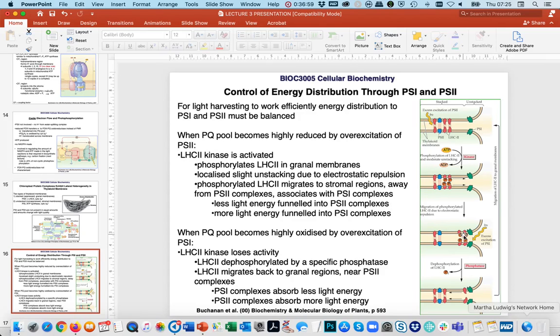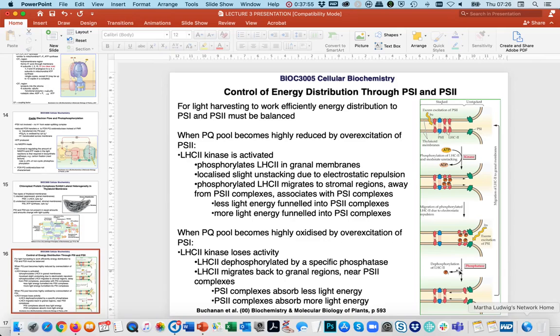Now, of course, there are times when the PQ pool becomes highly oxidized because photosystem I is becoming overexcited. So what happens then? Well, then the LHCII kinase loses activity and the LHCIIs become dephosphorylated by a specific phosphatase. So that's shown at the lower part of the diagram. And that allows the LHCIIs to migrate back to the granal stacks, to the appressed thylakoid membranes, directing more light energy to photosystem II, less to photosystem I, and we see a rebalancing of the energy distribution. So this beautiful process, okay, allows light energy to be balanced between the two photosystems,